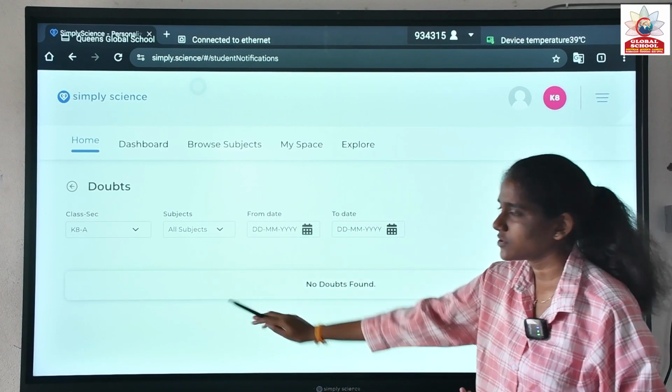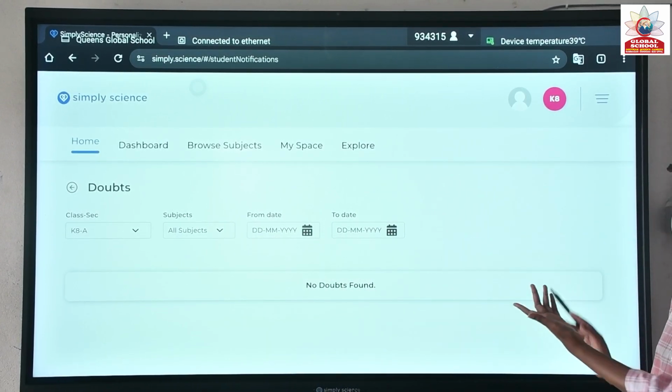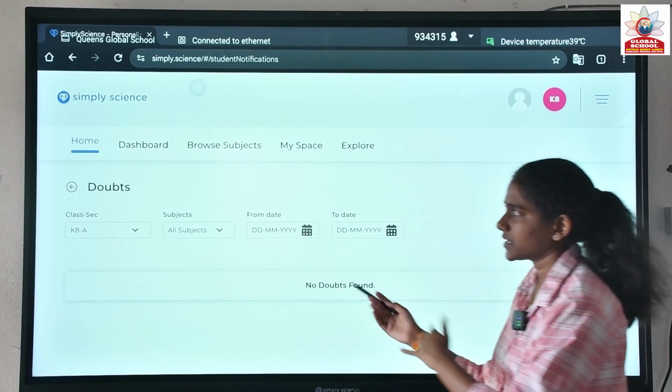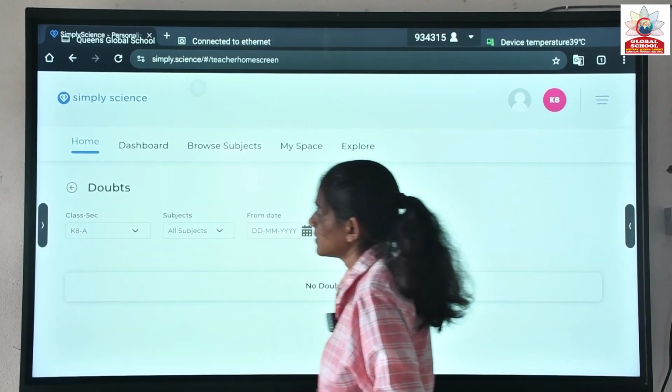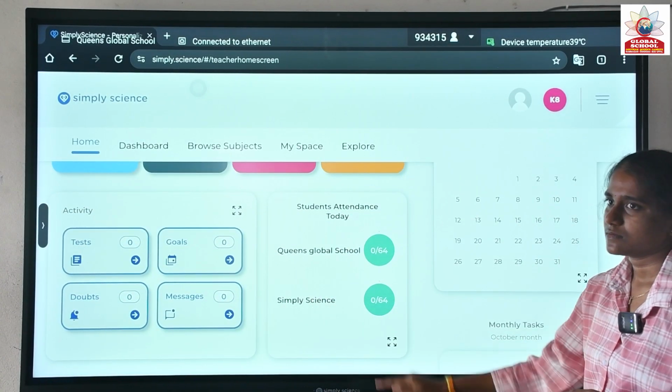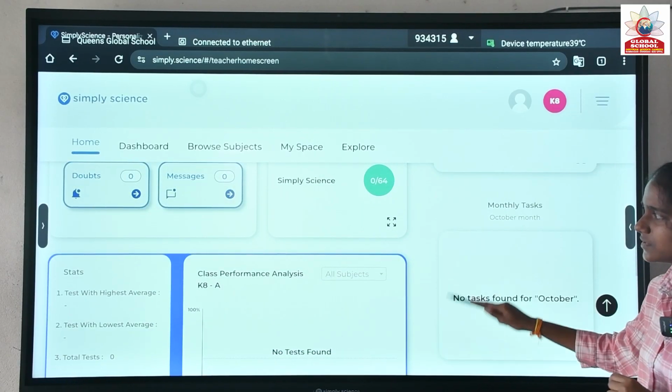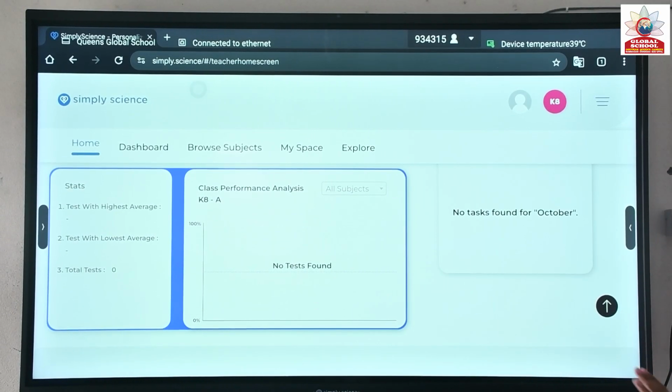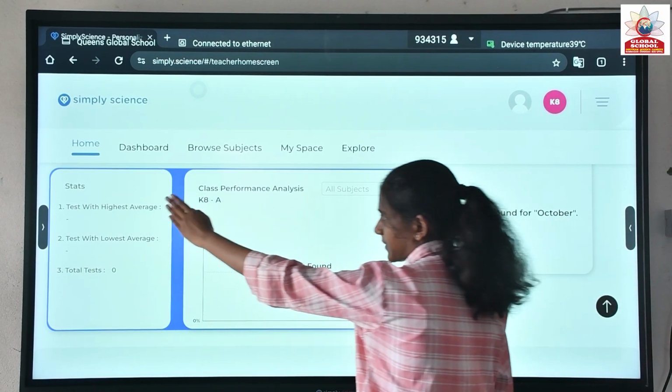In the doubts option you will see which student has sent it and on which topic, and the teacher can reply to that. And there is a messages option, so you can communicate also. Here you can see the overall class performance based upon the last 5 tests.